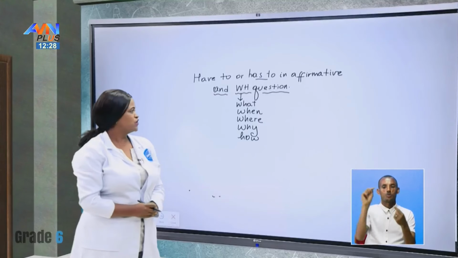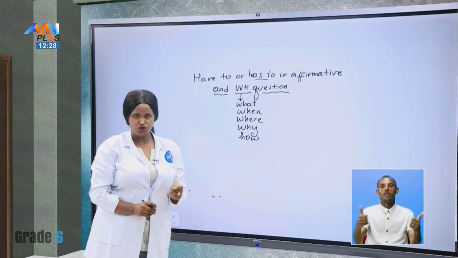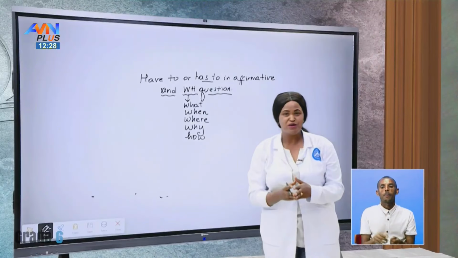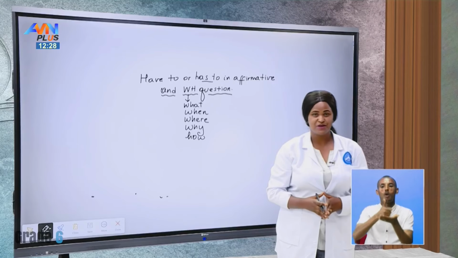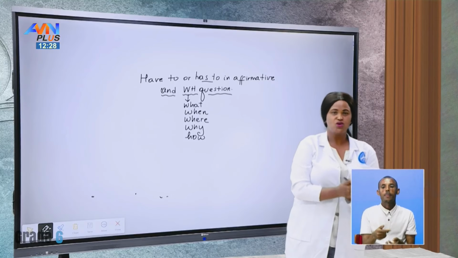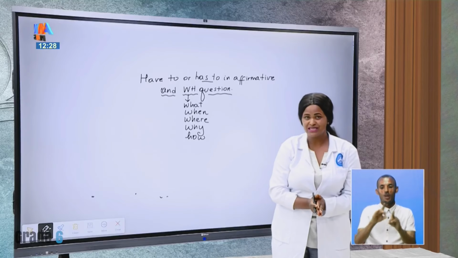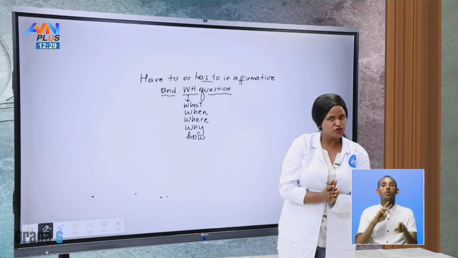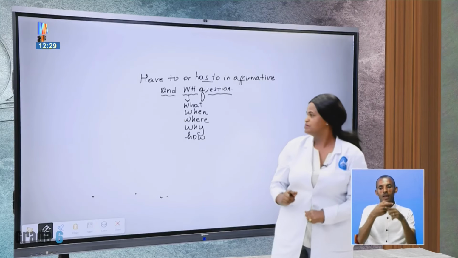Okay? Good. Now, the other thing I want to ask you is, can you differentiate when to use have to and when to use has to? Because I remember we have seen these two words when we were learning about the modal auxiliaries. Yes? In the case of modal auxiliaries, we said that we use have to or has to express what? Necessity. Do you remember that? Very good. So, when do we use have to and when do we use has to? Or what is the difference between have to and has to? Let's see them, all right?